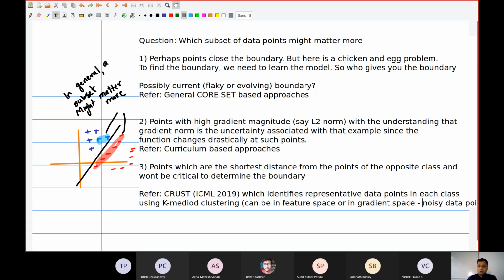So there are a lot of algorithms which do gradient space. In fact, there's an algorithm called Craig. I'm just writing, Craig is ICML, I think ICML 2020, which computes